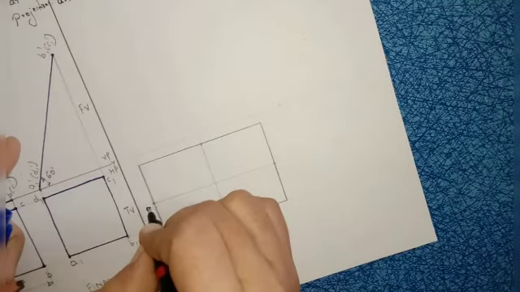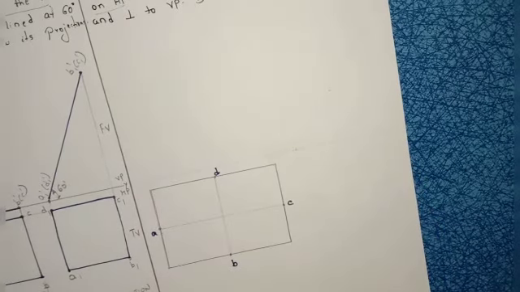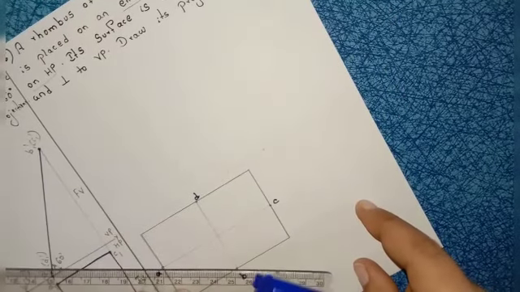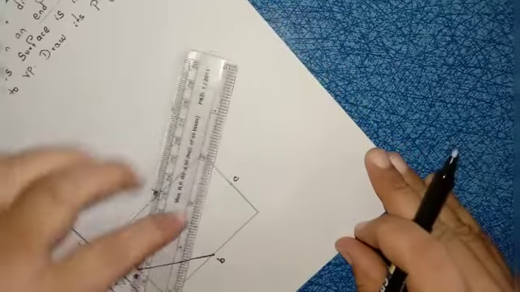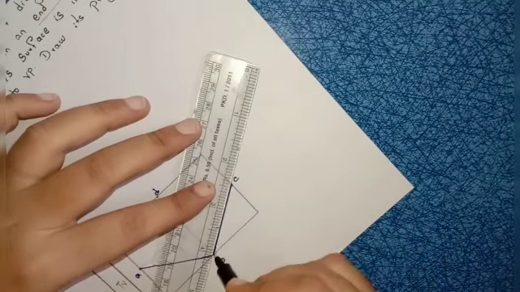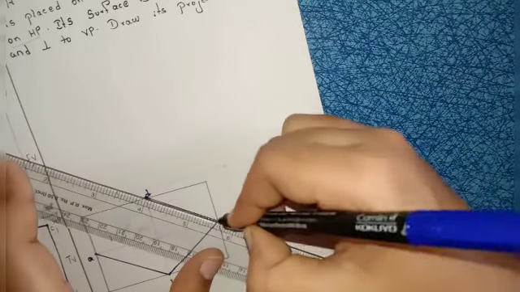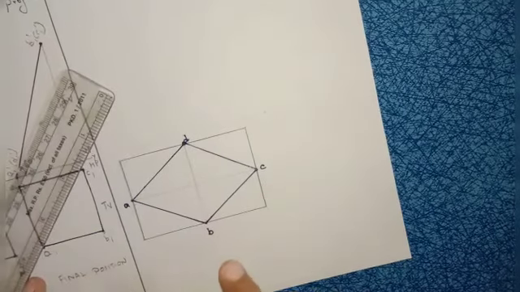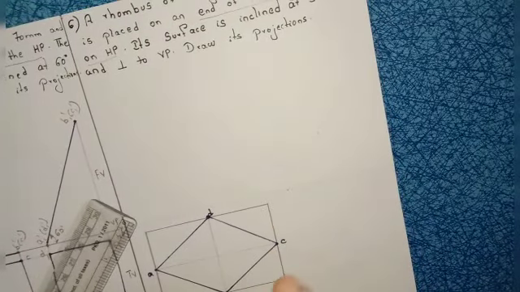Right, now we are going to construct the rhombus. Name these points A, B, C and D. Right, now join A to B, B to C, C to D, and D to A. Only this rhombus should be in dark, because we are constructing the rhombus only, not the rectangle, right?